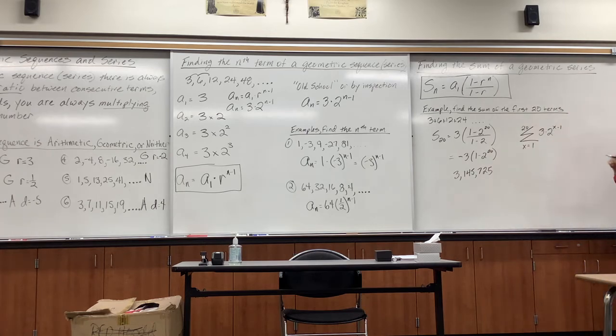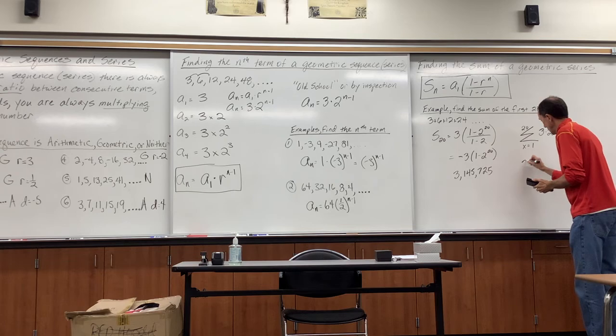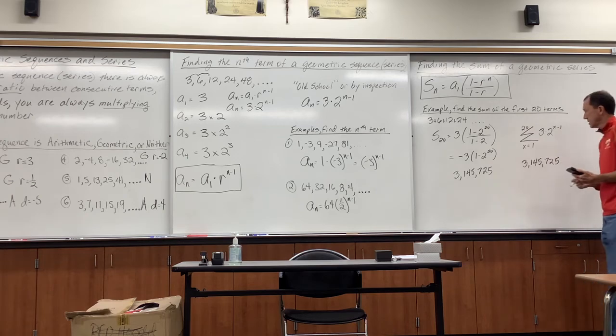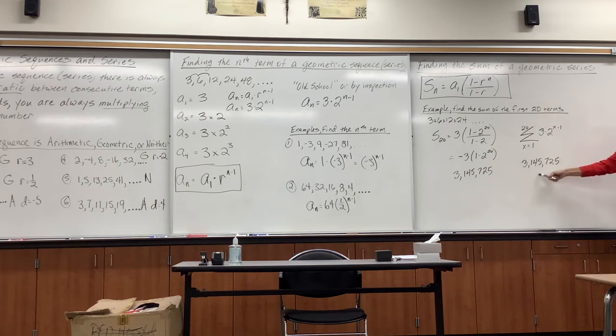So again, if you remember from before, we would hit the math button and we would go down to option 10, which is the summation, and then put in x and start from 1 and go to 20, and then put in what? 3 times 2 raised to the x minus 1 power, and hit enter, and lo and behold, you get the exact same answer of 3,145,725. Okay? So again, even though we only asked for 20 terms, the answer gets huge,